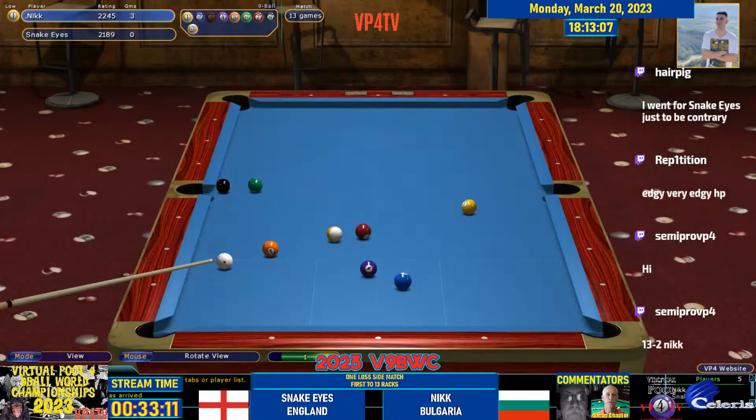Yeah, so now we're gonna see what kind of safety play he has. I mean, he's either got to jump this or he's got to push out. I think he's got long enough to jump it, hasn't he? I think he might, he could jump it. He may kick it. It's not the easiest shot to kick safe, though. I think he's looking to push out. And if you don't like this jump shot, you can push to a different one. Right. Not a whole lot of places to push. There's not a lot of places to push that's not a kick at the ball or a jump shot, because